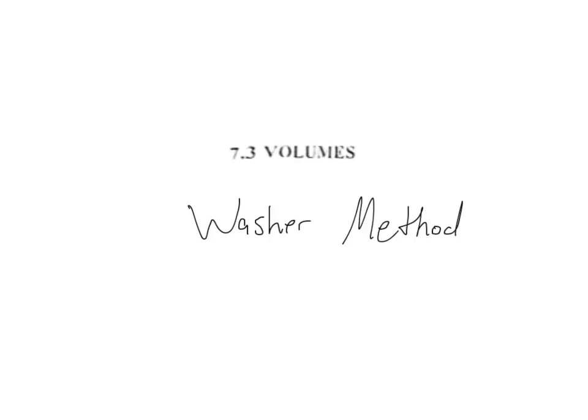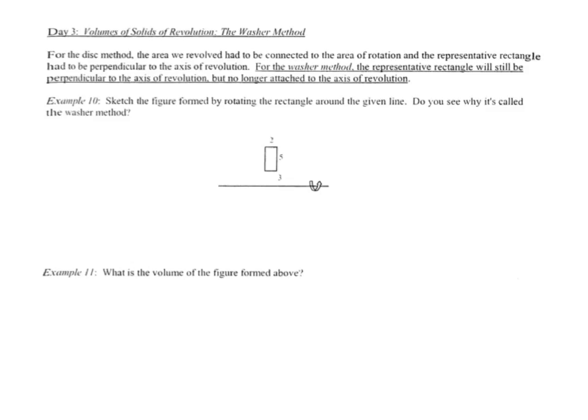This is the last video on volume, and it's going to deal with the washer method. So what I want you to consider is the same thing we did with the disk method, except now we're going to have a little gap where our rectangle actually does not touch the axis of revolution. And so we're going to try and revolve this around, but there's always going to be a gap. So instead of that solid disk that we would get from the earlier lesson, now we're going to have a circle or a gap in the middle